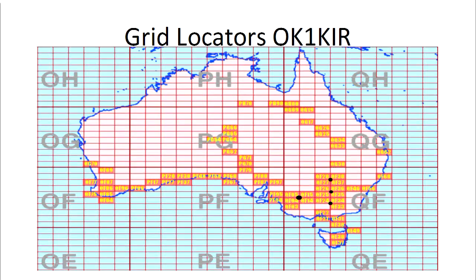You'll notice some black dots there. Now what I've done there is I've deliberately set up so I was as close as possible to the corner of a 4-grid square and moved between the 4 on one moon pass. So that means setting the station up, moving and so forth. And I mean, you can't actually be right on the middle of a 4-grid square because usually that's in the middle of a paddock.